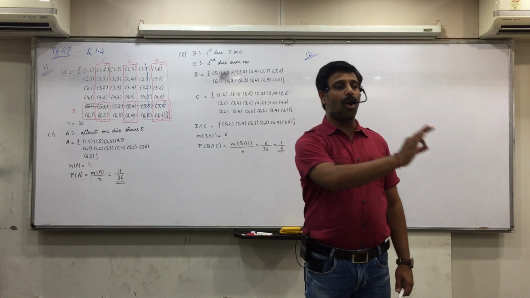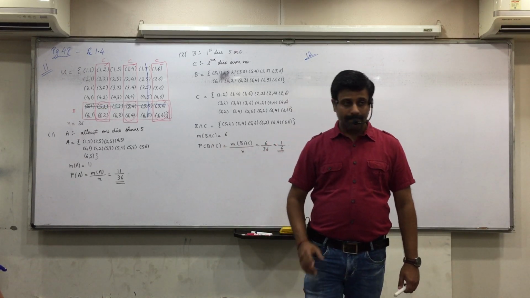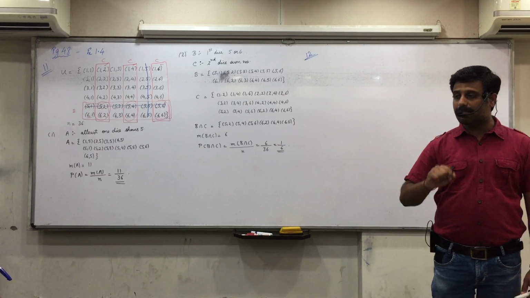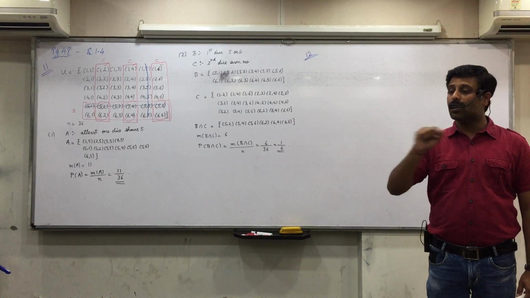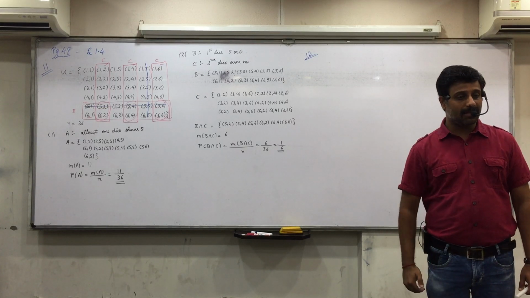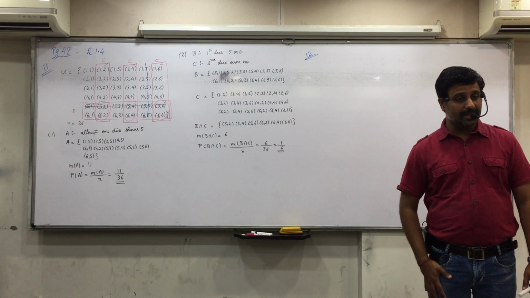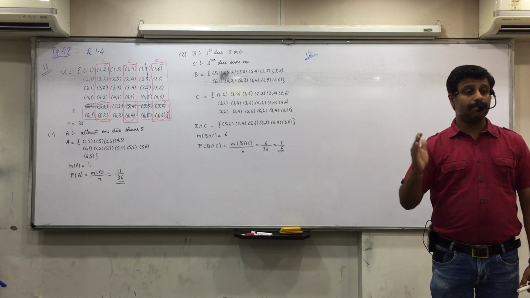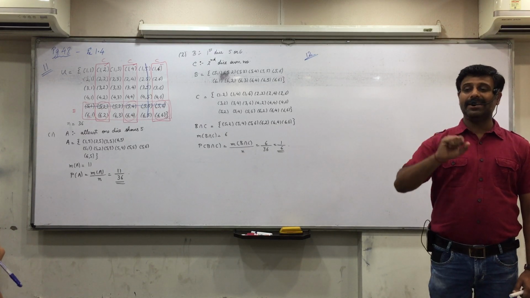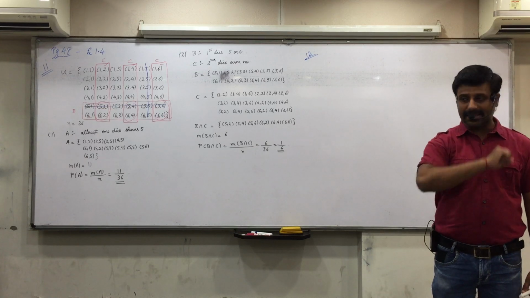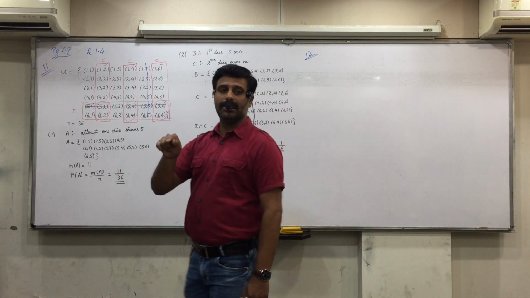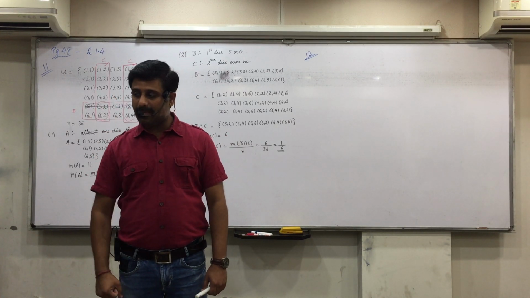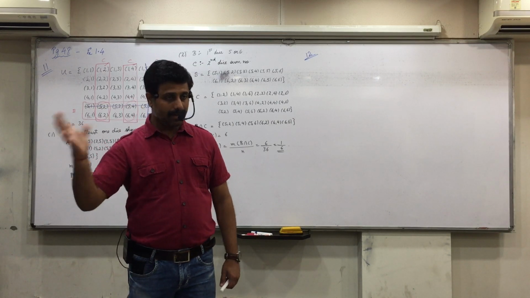So can I say the events are not mutually exclusive? Mutually exclusive means the intersection is a null set. But here both can solve it correctly. Means A intersection B, B intersection C and A intersection C are possible. Even A intersection B intersection C is possible. So they are not mutually exclusive events. So what was that long formula of A union B union C? PA plus PB plus PC minus P of A intersection B minus P of B intersection C minus P of A intersection C plus P of A intersection B intersection C. Understood that? But we are given only three probabilities PA, PB and PC. So let's see how to find the rest.